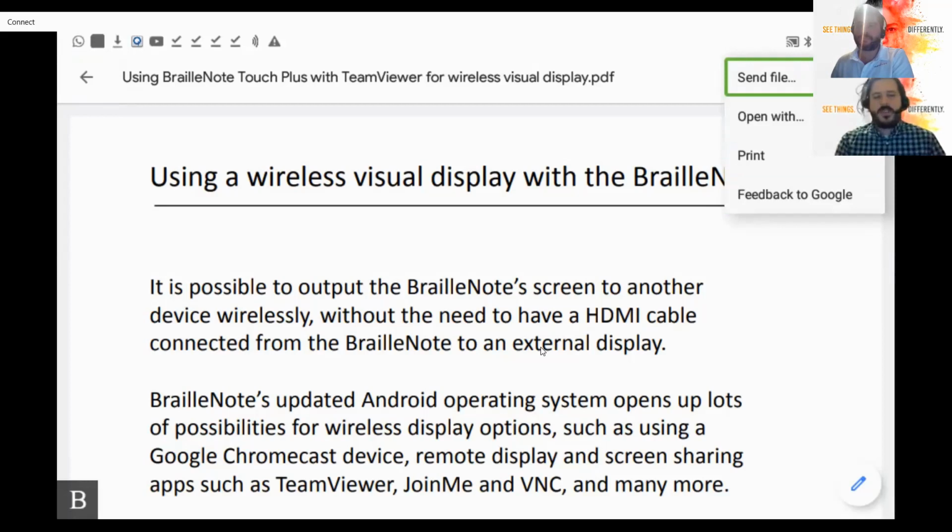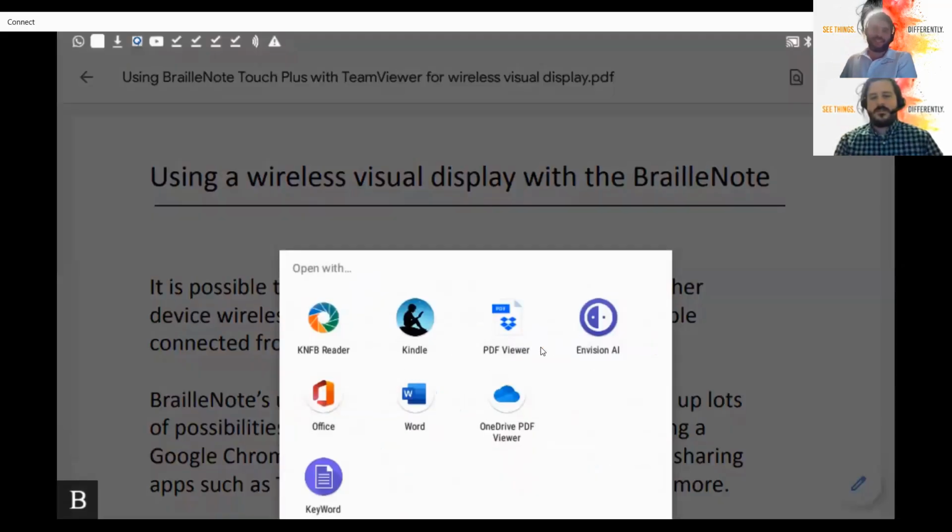We can open with, Andy. Open with, that's it. There we go. Open with KNFB Reader. Okay, so at this point, you can open up various different apps, and we're going to choose